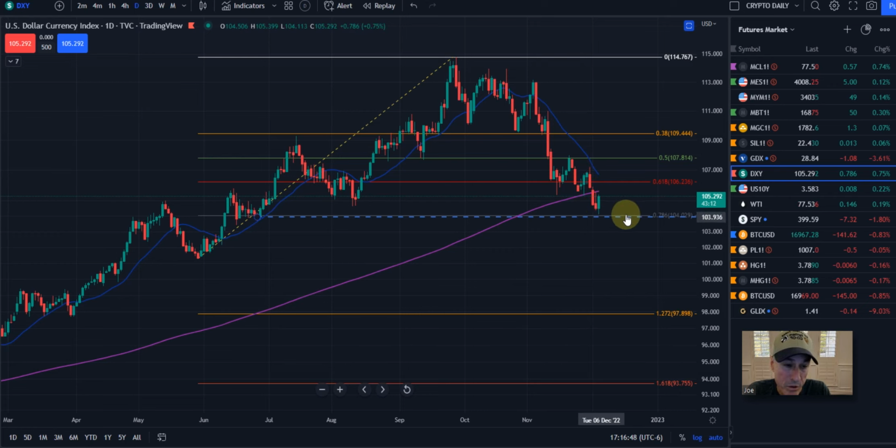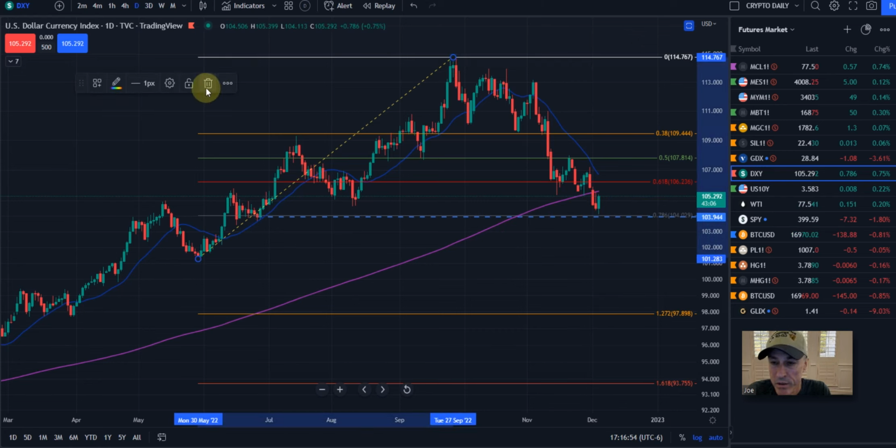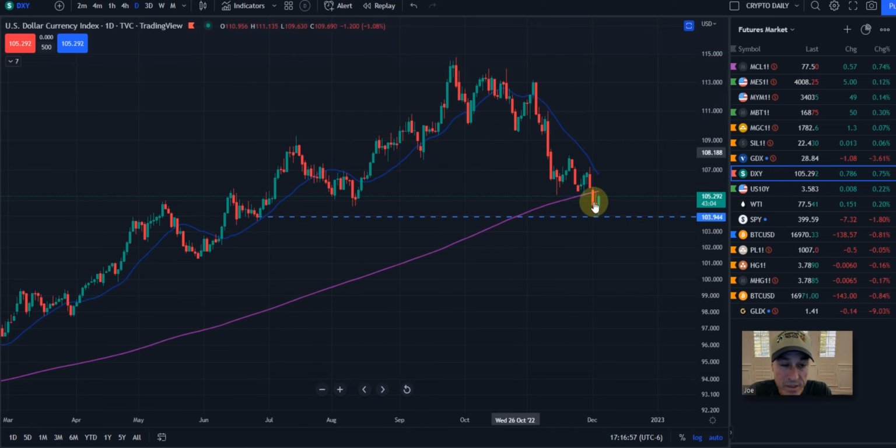And then we also had the .786 fib line down here, that gray line. Let me go ahead and take all this off, clean this up for you. Because we had more than one factor down there, we knew we'd have a high probability for a bounce on the dollar. Then we'll carry on over the next few days to see how high that goes, if it's just a dead cat bounce, which we think it is, or if we have a little bit more